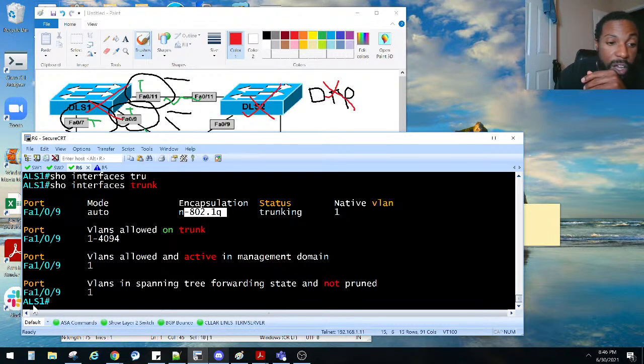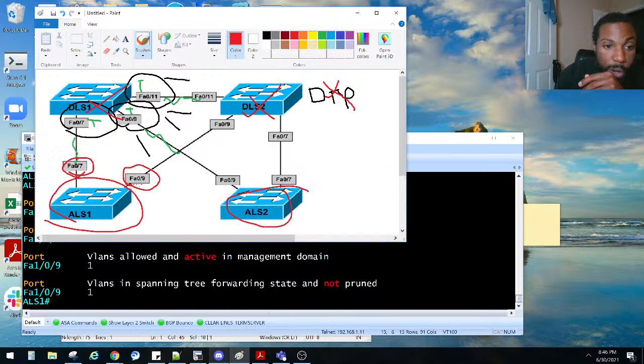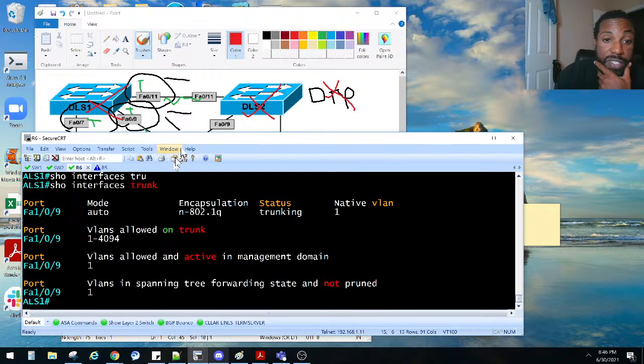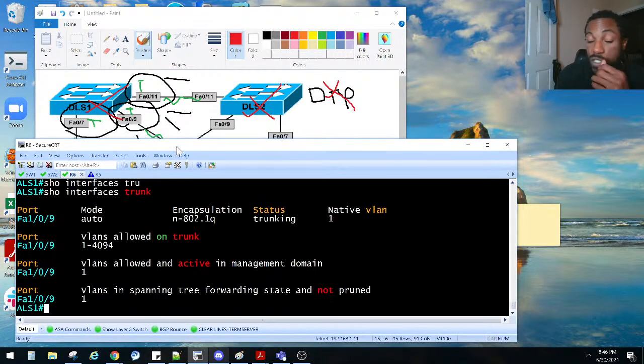Who is the other side on ALS1's 09? So ALS1's 09 is right here. This automatically formed a trunk. We didn't want that to happen, right? Like I said, this could be dangerous. So it's kind of a security feature. It's a way of hardening our devices when we turn off DTP, right? So we need to go to